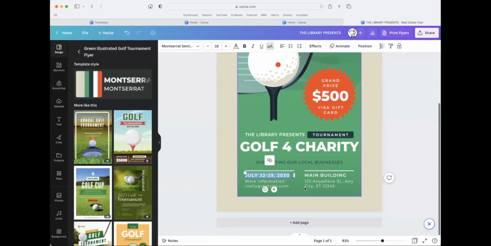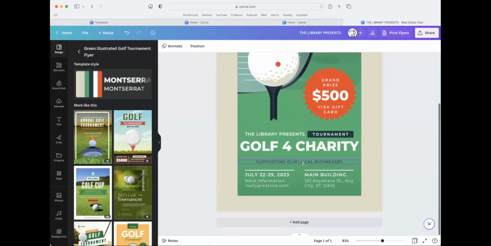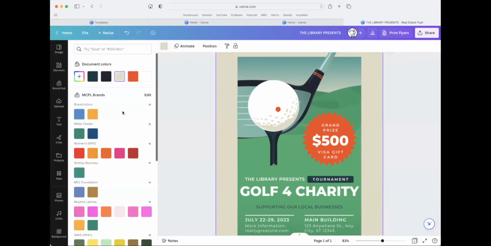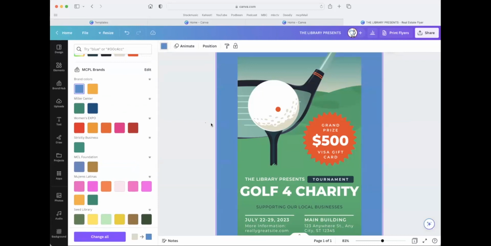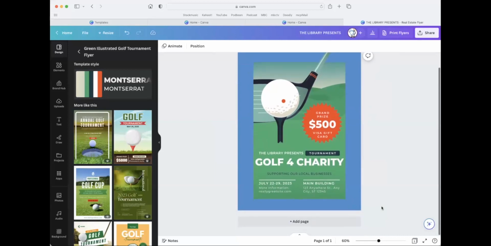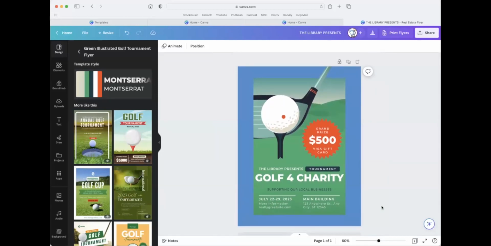And we can change the dates. You can see I'm just going in there and I'm doing that. For more information, please visit our website. We'll just keep that there. Main building. Perfect. That's whatever. All right, and this outside here, again, I want to click on that. I want to use my brand color, which is the blue. So I'll click on that and it changes it to blue. And you could see in that little bit of time that I spent, I was able to edit this existing flyer